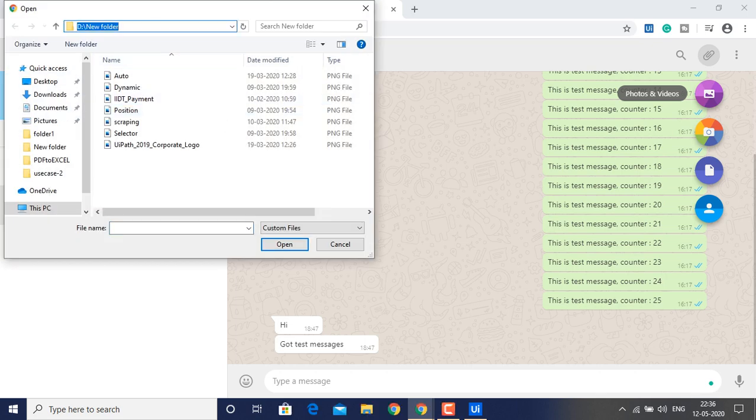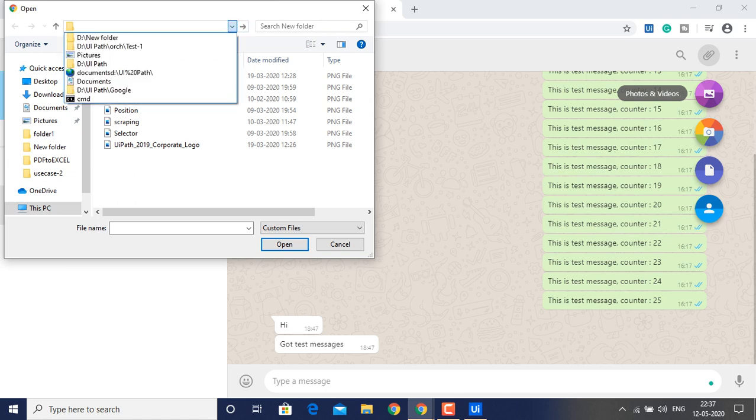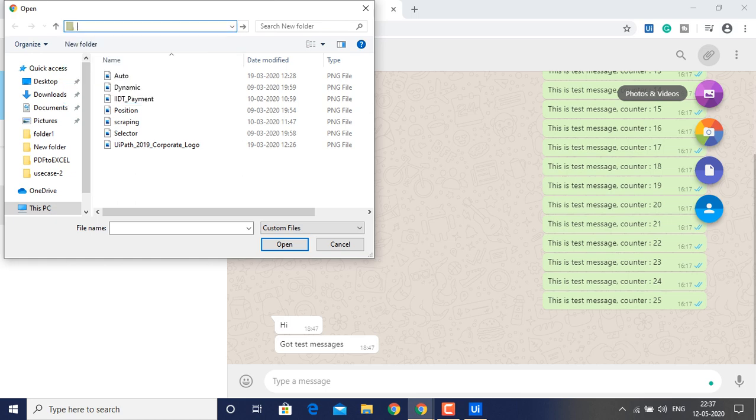If we are typing directly here manually, we are able to do it by clicking here. But while running the bot, it was not able to click directly here and type in. So instead of typing directly, I have taken an activity to click this one. After clicking this one, the bot is able to type something here. Then it goes to the project folder, where the file is available, what we have mentioned in the path folder. Then the folder name will appear here.